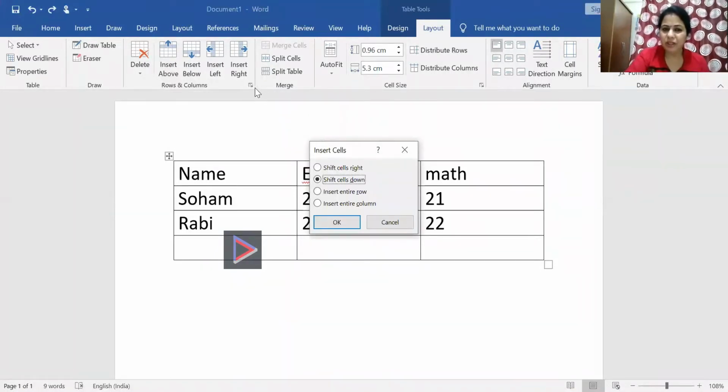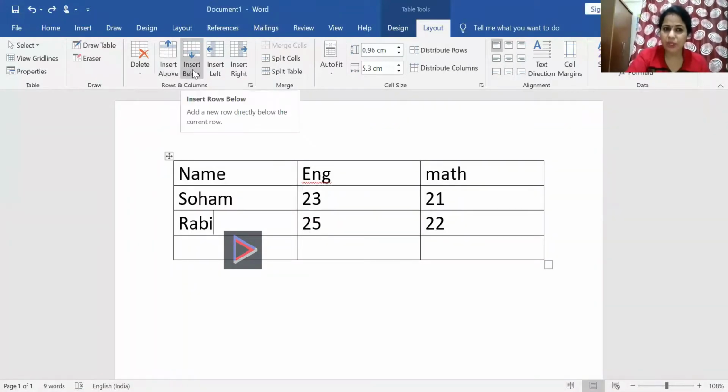If I click on this big corner arrow on the right-hand side corner, you can see the arrow mark, and if you click it you get options here: shift cells right, shift cells down, insert entire row, insert entire column. From there I can do it, or I can go here and choose insert below or insert above.